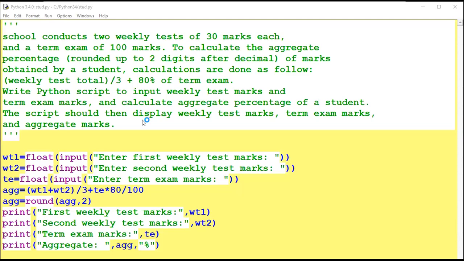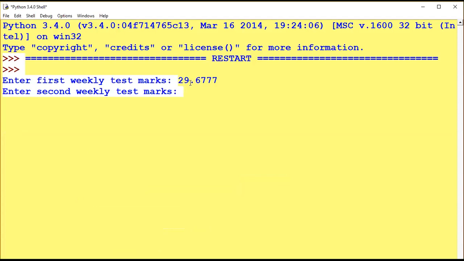This I have written. So the first value I have written is this value, and the second, 28 point. This I have written, and for the term exam out of 100 I am writing 98 point. So see the output.